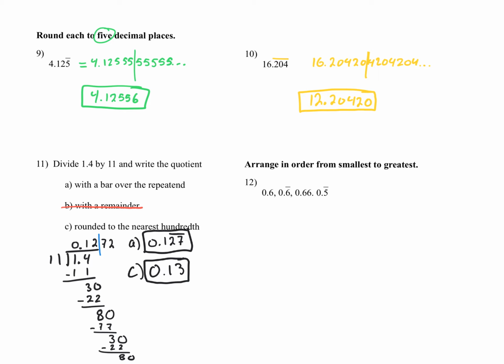All right. Here, for number 12 now. It says just arrange them from smallest to greatest. So let's go ahead and I'm going to write them above each other here. So this first one is 0.6. This next one is 0.6 repeating. So this is going to be 0.66666, etc. Keep going. The next one is 0.66. And then the last one is